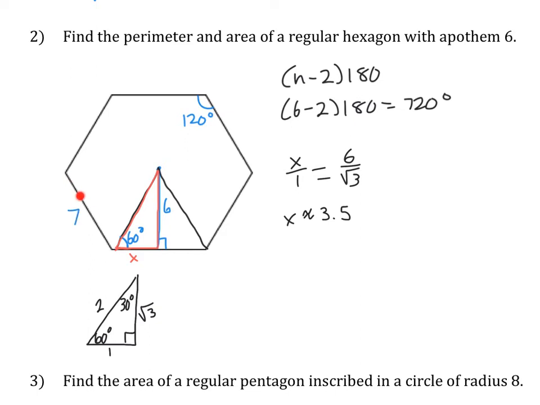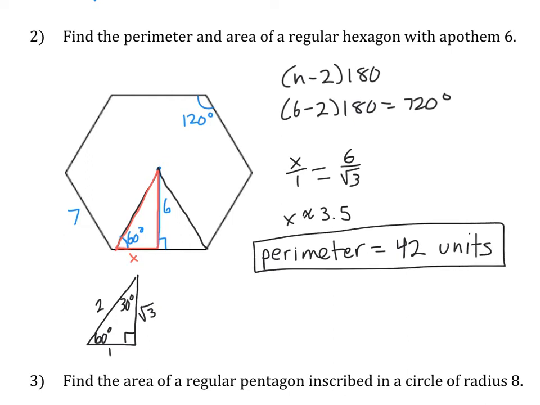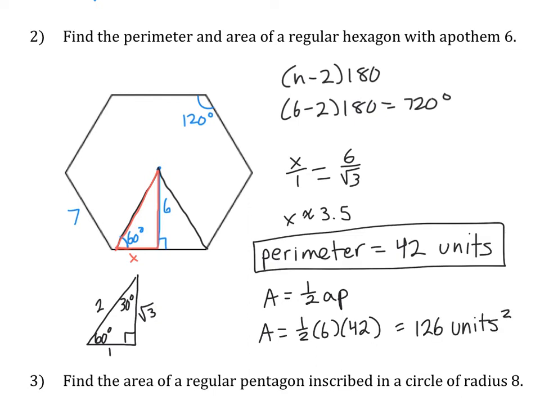There you go. So if I know one side length and I know that this is a hexagon, we can easily find the perimeter by simply doing 7 times 6. So our perimeter is going to be 42 units. And now that we know the perimeter, which they asked us to find, now we can find the area with our little formula. So area equals 1/2 times the apothem times the perimeter. Area equals 1/2 times 6 times 42, which in this case is 126,